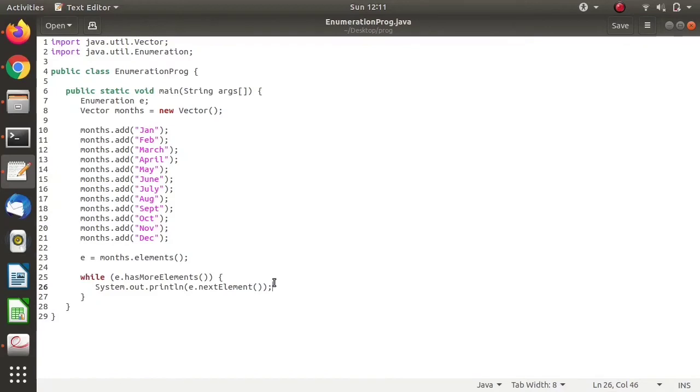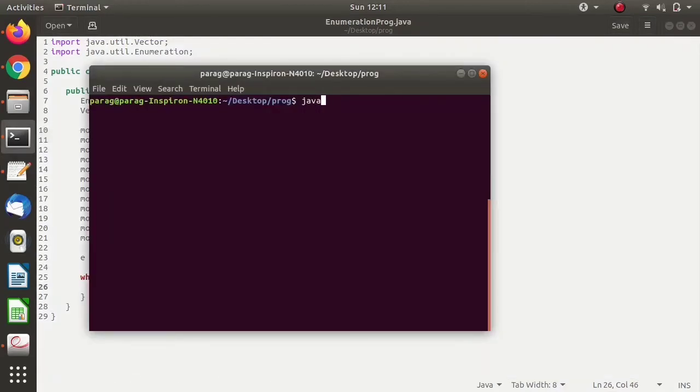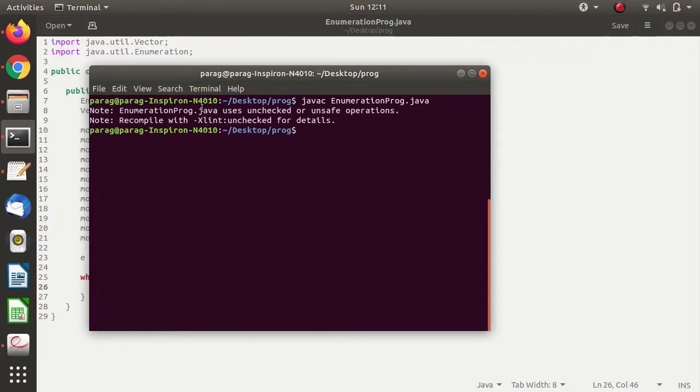So we will run this program. For compilation, javac and the program name is EnumerationProgram.java. We got some warnings that you are working on some data structures, so be careful, like this. Now we are running it.